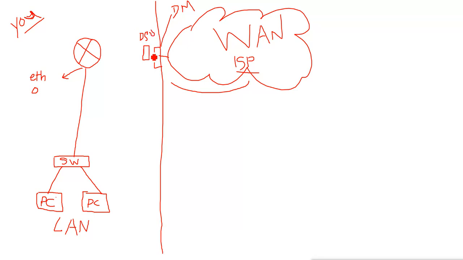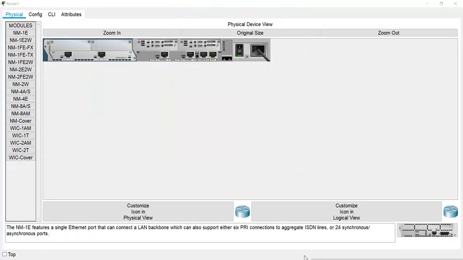And in this device, if you see the router interface of serial, it will be connected to this DSU device. Now the serial interface, if you see it physically, this is the physical view of the serial interface, and you can see the serial interface here. It is 0 and 1 here, and it is not an RJ45 pin. It's a different pin. It is actually a V.35 pin or V.25 pin or V.60 pins.